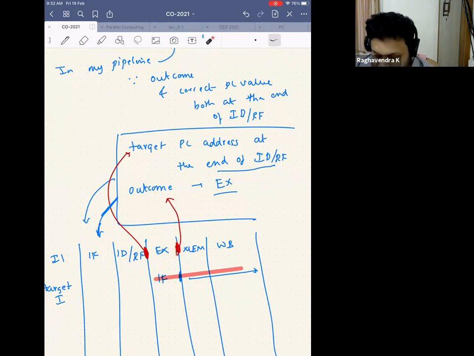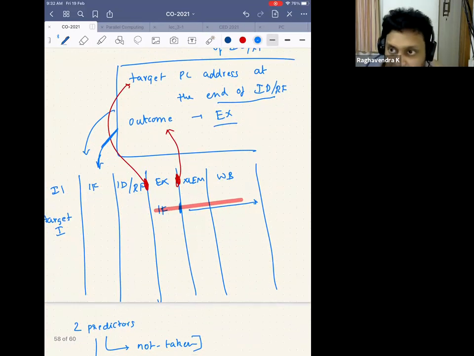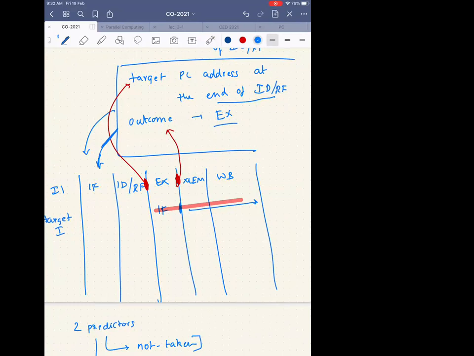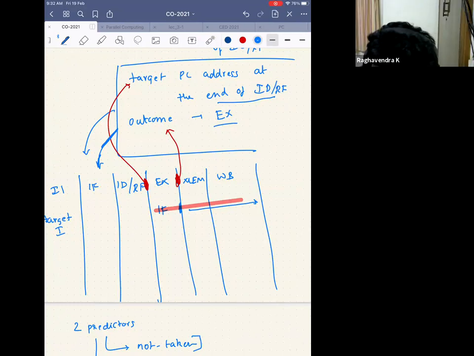Now, for this, I can build two kinds of predictor. So one is branch not taken. Are there any questions in this kind of pipeline? Don't worry about why I made this pipeline up, it's just to make you understand the branch predictor. I'm pushing this. Don't worry about how it is possible, but did you understand how this pipeline behaves? Yes, sir. Okay.